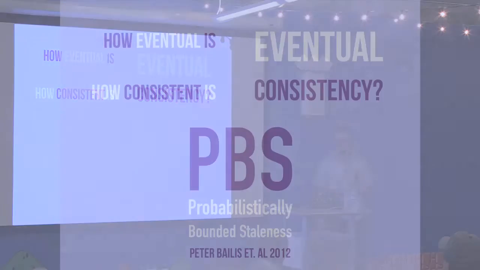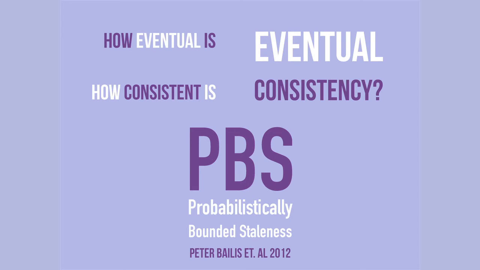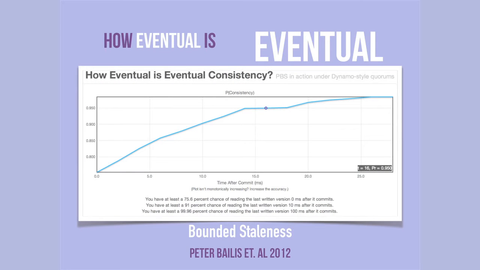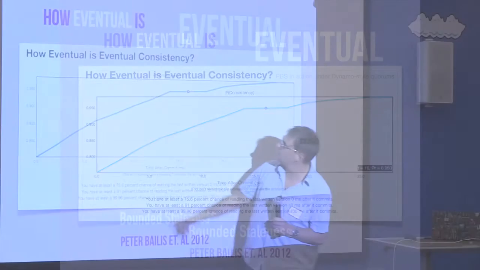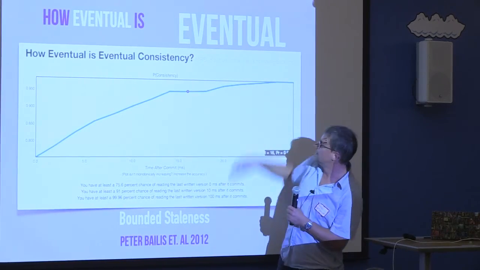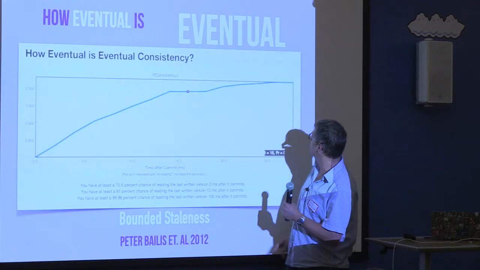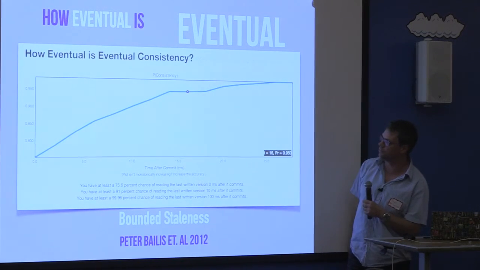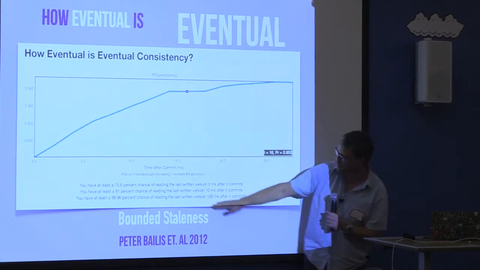question to answer. But Peter Bailis's group at Berkeley, they've done some pretty interesting work here that I think is worth looking into. They call it probabilistic bounded staleness, PBS. And it gives you a model. They even have a live demo on their website where you can start typing things in. It really gives you a model to see how eventual and how consistent it is over time. Here you can see the time after commit, how long it actually takes until the system is fully eventually consistent using different thresholds.